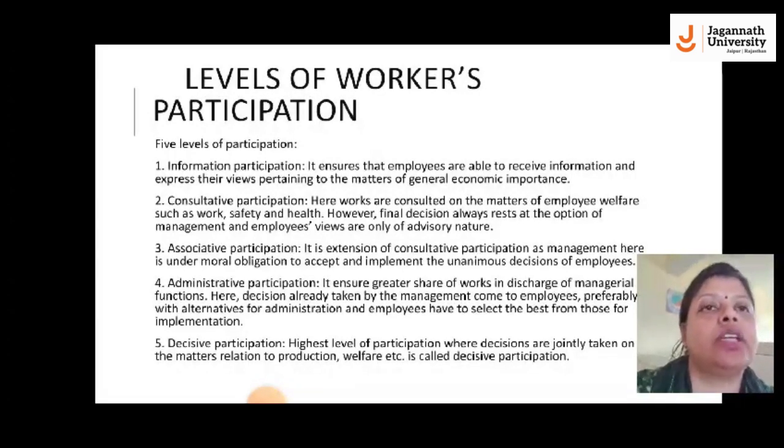Next is associative participation. Associative participation is the extension of consultative participation, as management here is under a moral obligation to accept and implement the unanimous decisions of the employees, in which the employees and the management agree to a certain point and the management needs to implement those decisions. Administrative participation, it ensures the greater